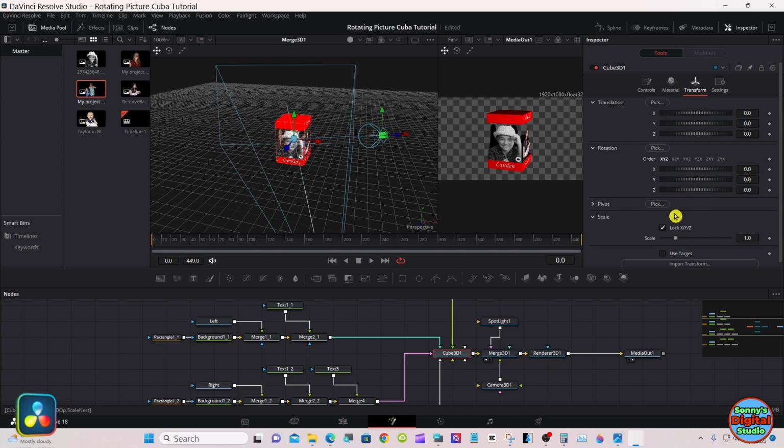Okay, make sure your playhead's at frame 0. Set a keyframe on the rotation Y axis.